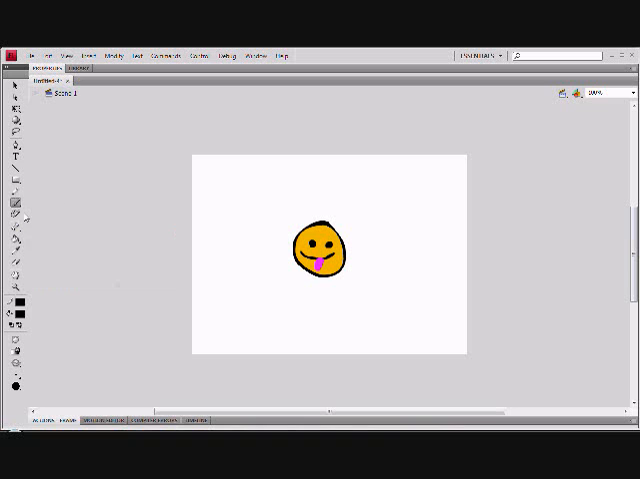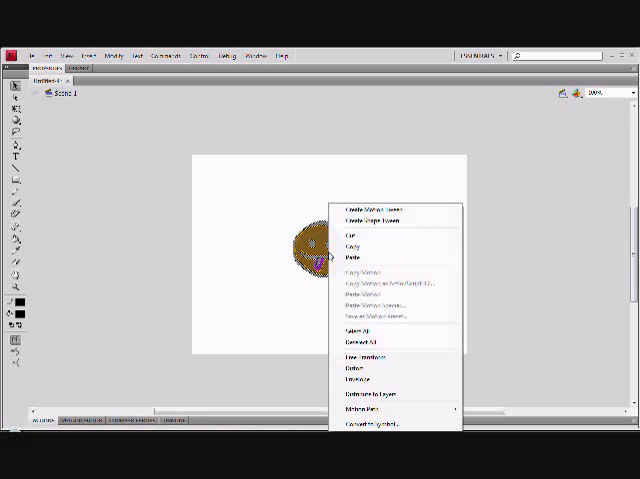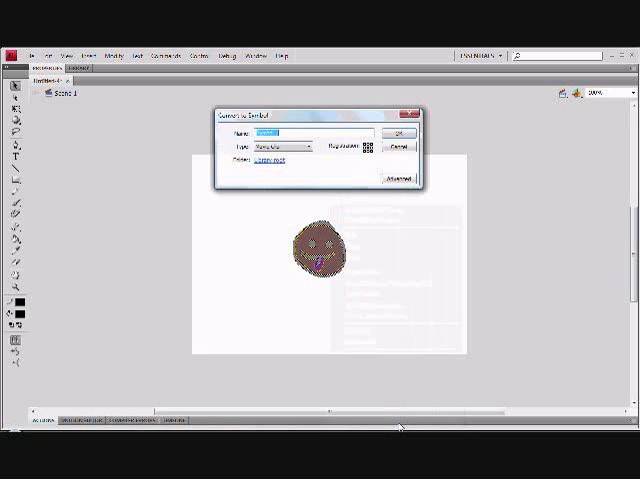So once you have your character made, you're going to want to select it, right click it, and convert it to a symbol. The registration can be in the middle, and you're going to want to make sure that it says movie clip, not button or graphic. Name it whatever you want. I'm going to name mine Smiley,